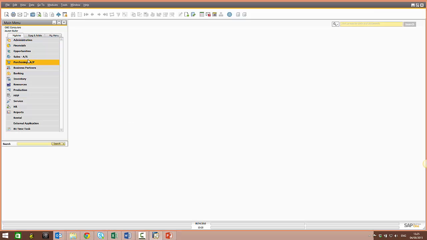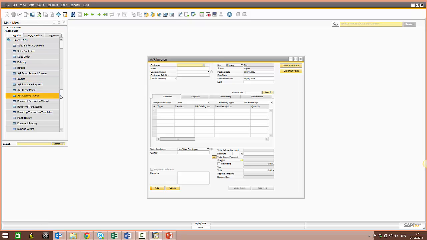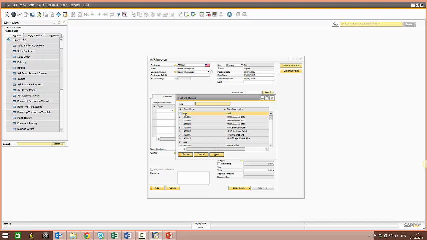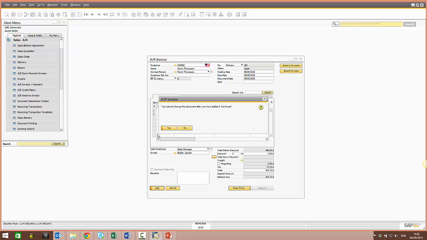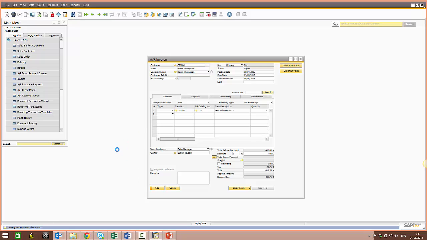So the first thing I would like to show you is how to automate the creation of an email when adding a document. For example, I have here an AR invoice. I can pick a customer, and I will pick an item and just go ahead and add the AR invoice. In the background, what you're going to see down below is that this invoice is being emailed automatically to the